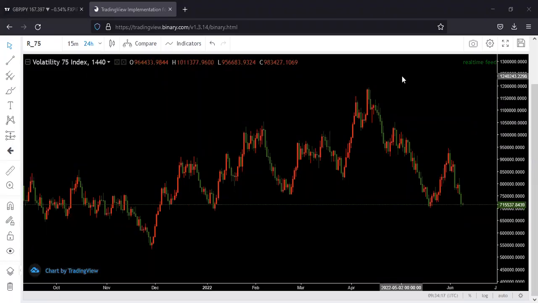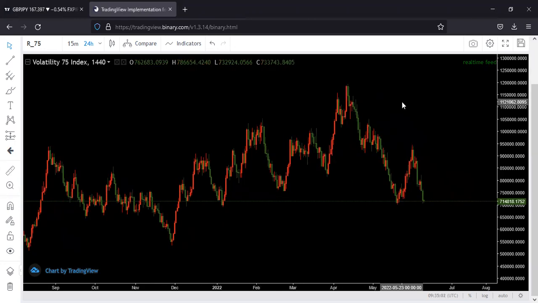Okay, good afternoon, guys. And today we are going to proceed with VIX 75. As I have told you before, guys, our strategy will always be based on price action. We will never use any indicator or anything else apart from the tools that are applied on price action, like ley lines, trend lines. Yeah, that is all. Forget about support and resistance. Forget about the indicators. Okay, let us start our